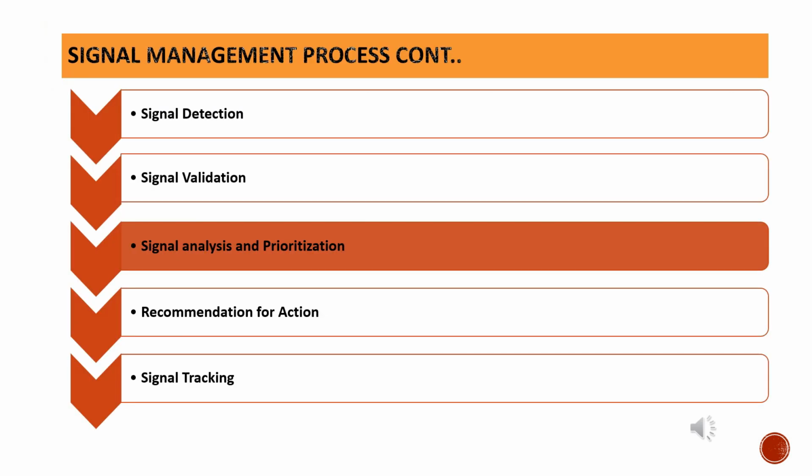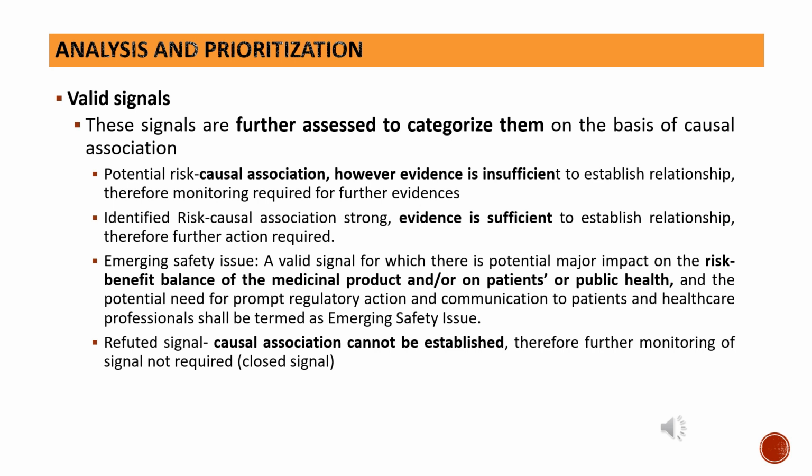Moving on to the next step of signal management, that is signal analysis and prioritization. After the step of signal validation, we do an analysis and prioritization for the valid signal. Non-valid signals are already closed at the signal validation step, so there is no need for a further step. But for a valid signal, there may be a requirement for analysis and prioritization. In this step, we do a further assessment of this valid signal and we finally